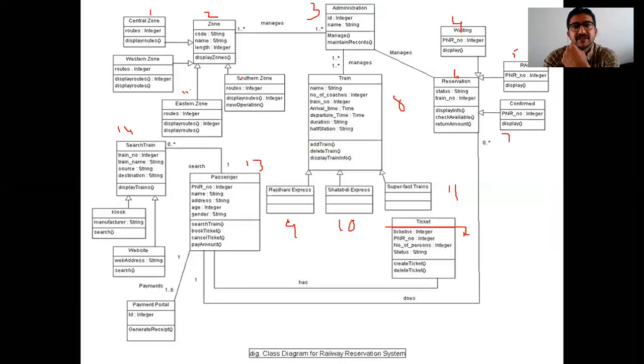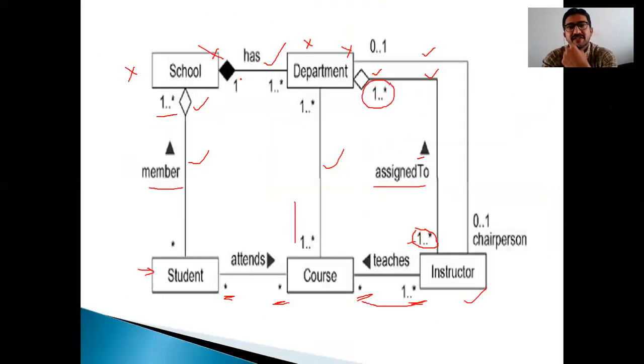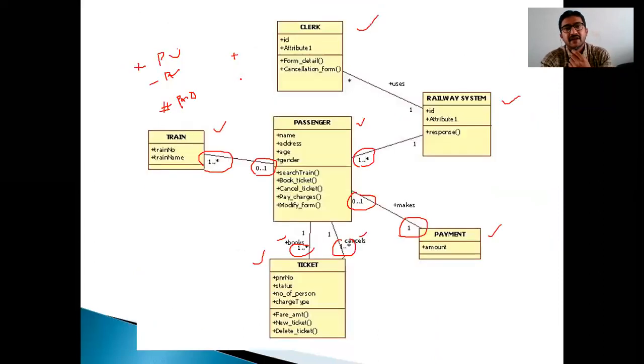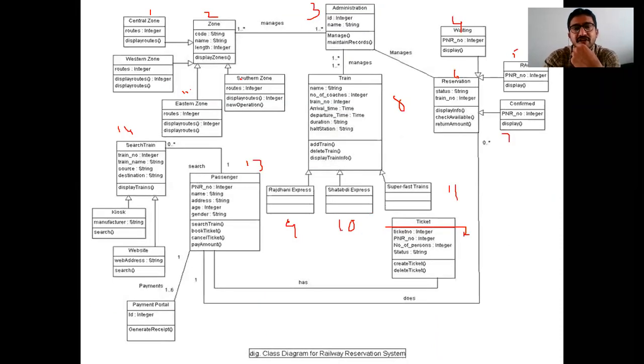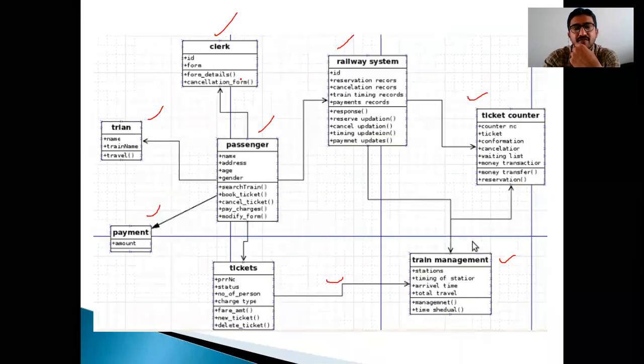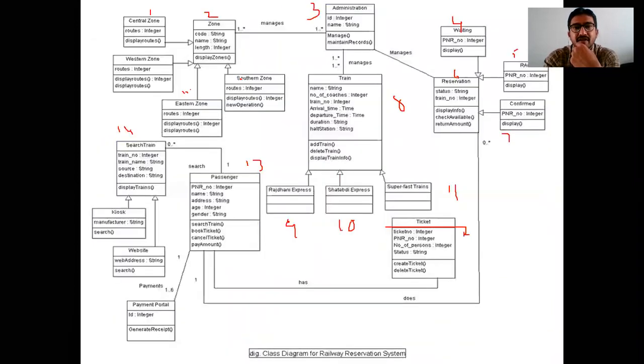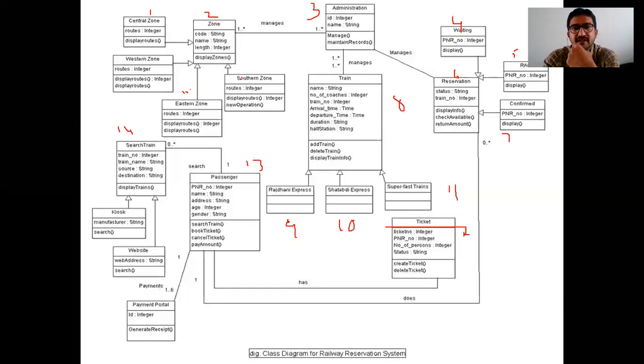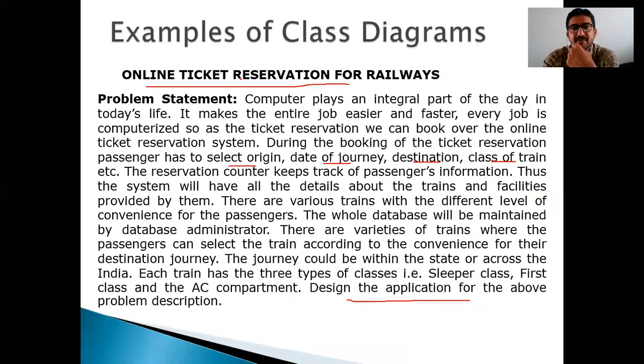For this same problem statement, the first type of user category people understand it like this. The second category of people understand it like this. The third category understand it like this, and the fourth category like this. Right? So that's fine, for the same problem statement. You need to understand it before drawing. Please walk through the IRCTC website before you draw the class diagram for this problem statement.